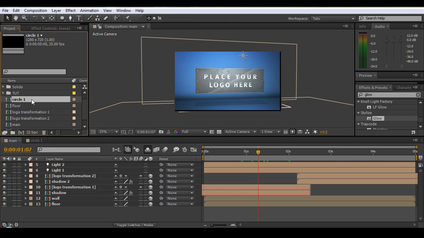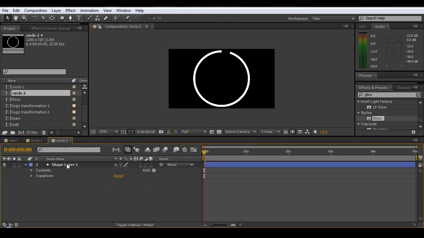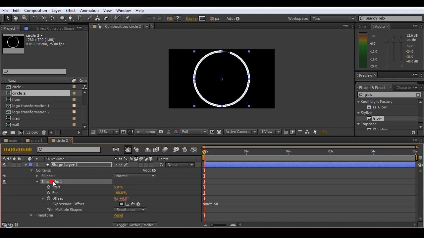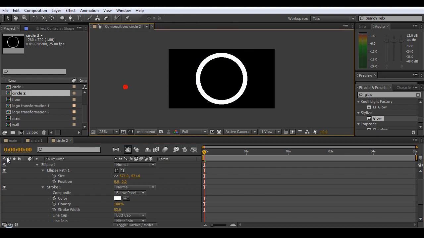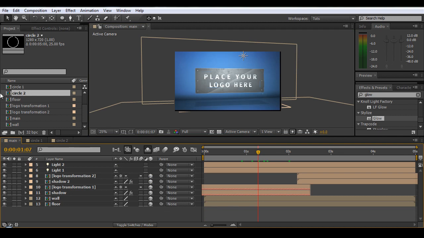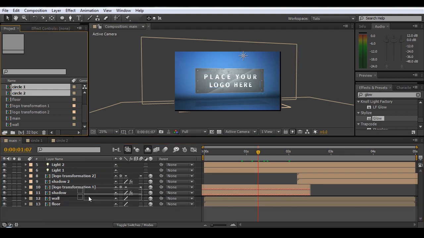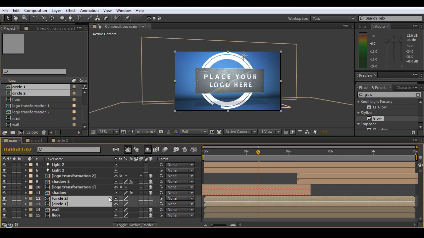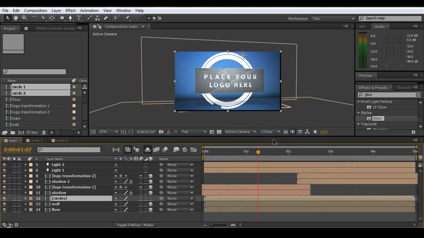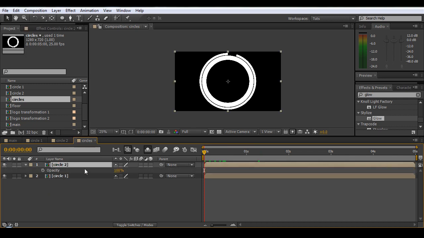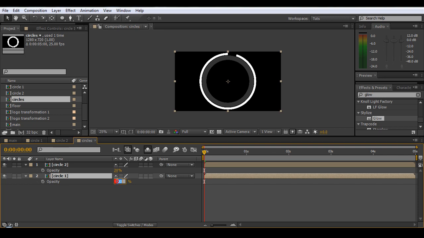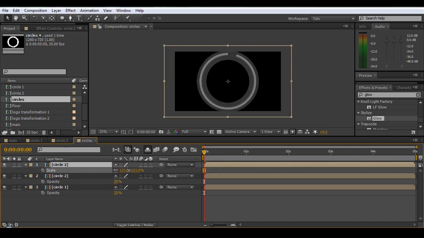Then we'll go out, duplicate that comp, and then we've got circle 2, so just go in here and we'll just make some basic mods, turn off the trim paths, and we'll just change the stroke and bring down the size, and that's it. We're done. So what we need to do now is drag in the circle 1 and circle 2 just above our wall, and we'll do Control Shift C to pre-compose, and we'll call this comp circles, and dive into there. And what we'll do is make the opacity just randomly different, something like that, and we will just start to duplicate and change some sizes,